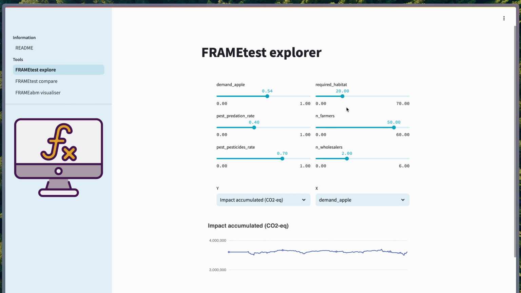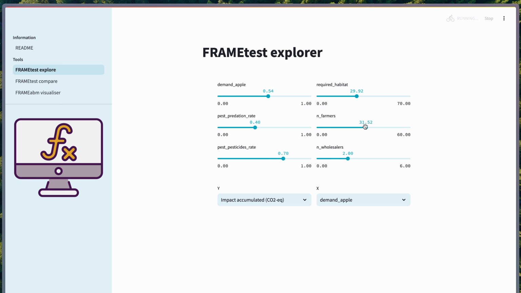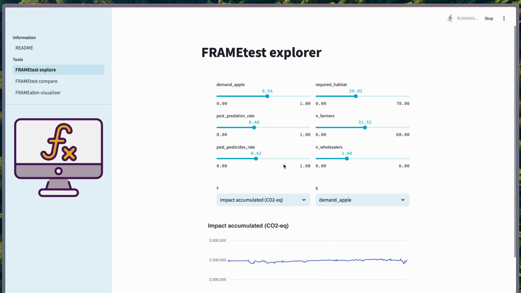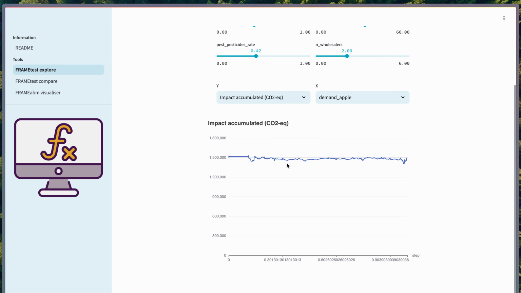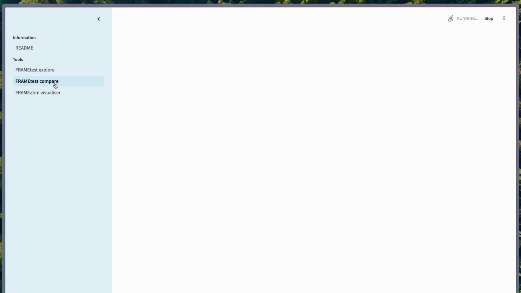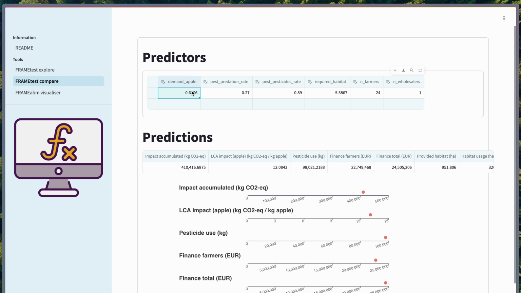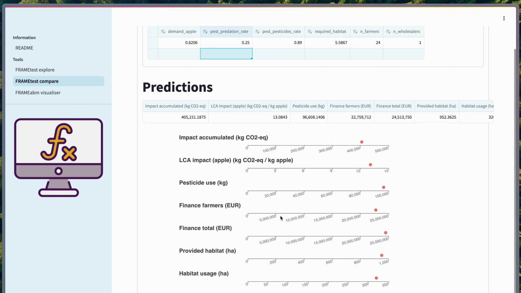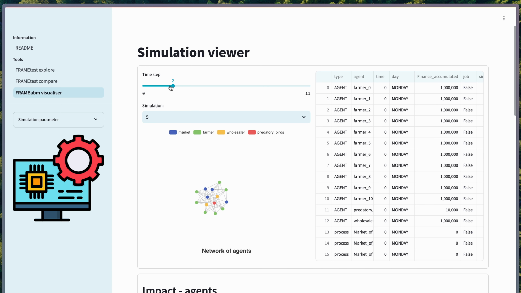And the idea is to have a very flexible model. That means that we can use it for testing, for instance, conversion to organic, and to explore and evaluate different degrees of conversion, while at the same time we could explore changes in yield of production due to, let's say, climate change and other phenomena. So what we are providing to the policymaker is a sandbox in which you can test different conditions. And I think that's one of the most important advantages of FRAMEtest.